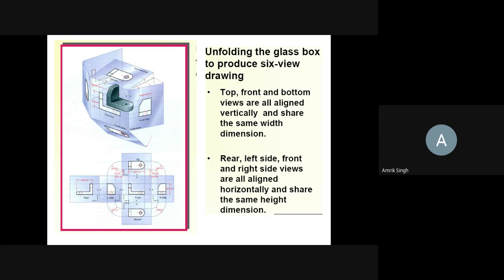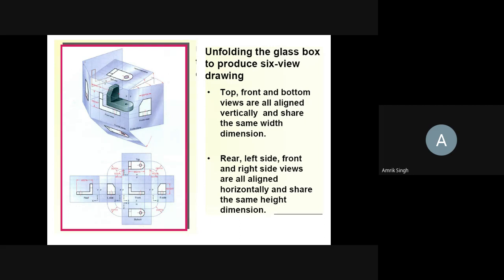But in the top view, you see there is a difference. In the top view, this line is firm, not dotted, but here it is dotted. Because when you see from the bottom, you don't see this edge, but when you see from the top, you see these edges. That's why these are firm.